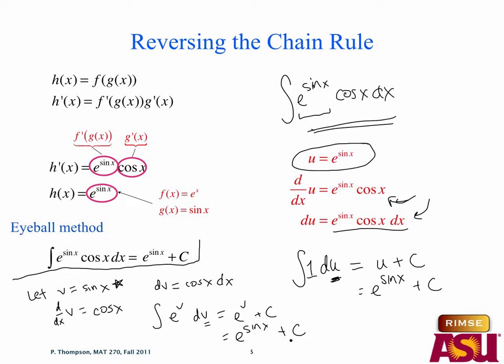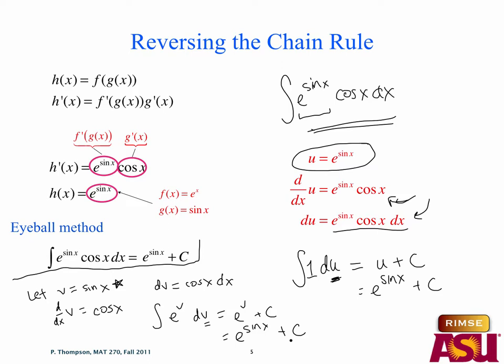Okay, and so the first way that we did it with the u was to pick the most complicated looking piece inside the integral, right? So we used the e to the sine x. The second way that I did it using the v was to pick an inner function of a composition. So I saw e to the sine x. I said, that sine x is the inner function inside a composition of e to the x and sine of x. So I'm going to choose that thing to be my v and see if it works out nicely for me. So the goal